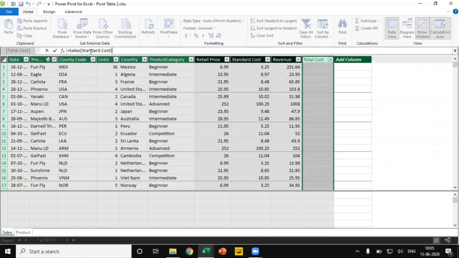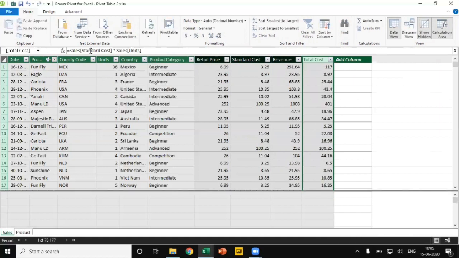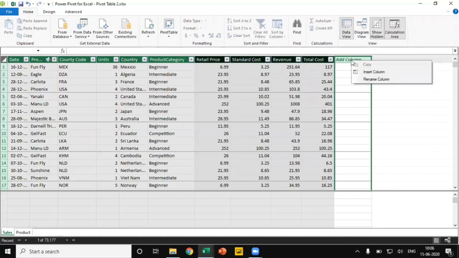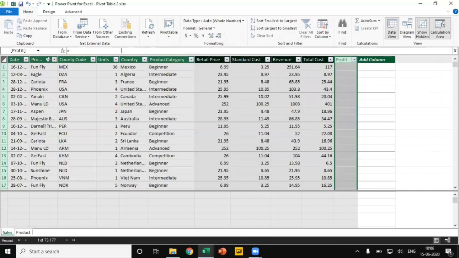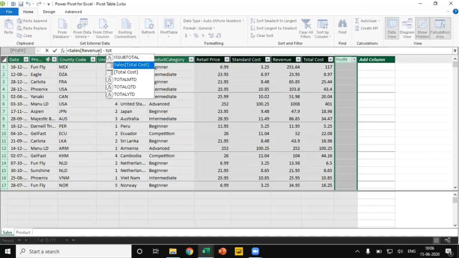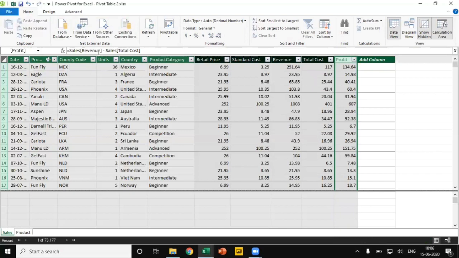Standard cost, multiply units. Now we got the total cost. Finally, I'm going to add profit. Revenue minus total cost. So this was the profit.